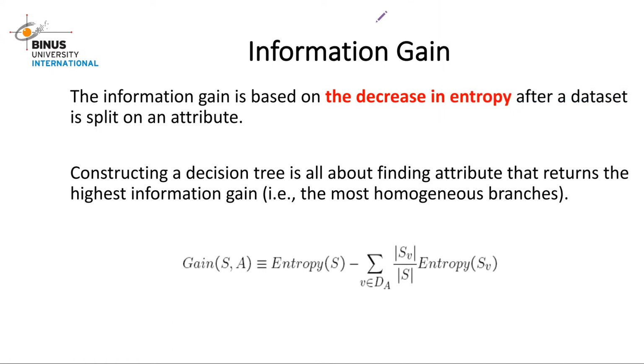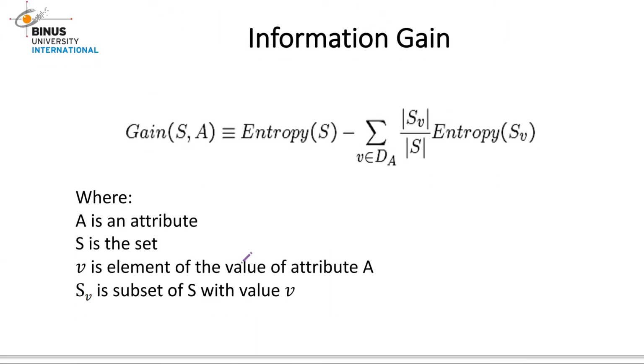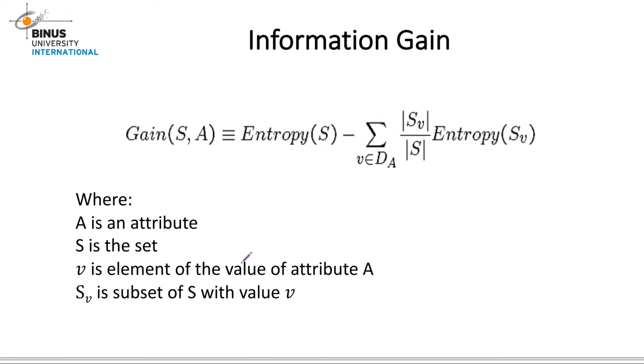Okay, now we're going to talk about information gain. Information gain is the decrease of entropy after a dataset is split on attributes. Okay, so this is the formula. Information gain of set S, attribute A,